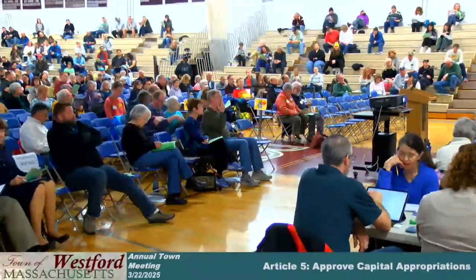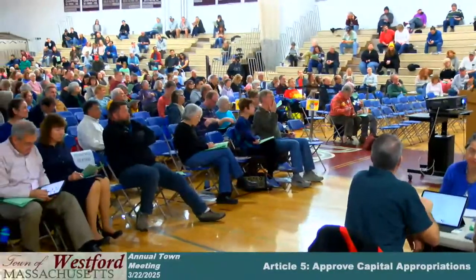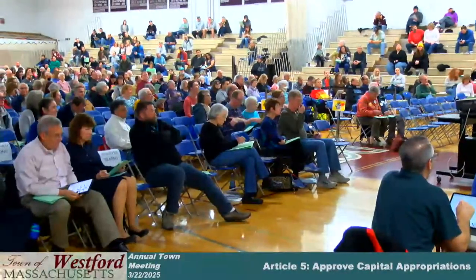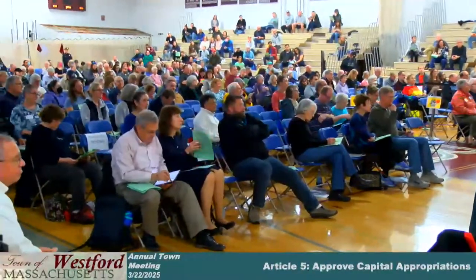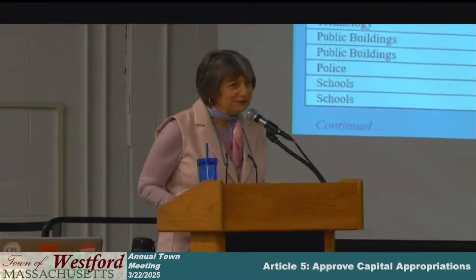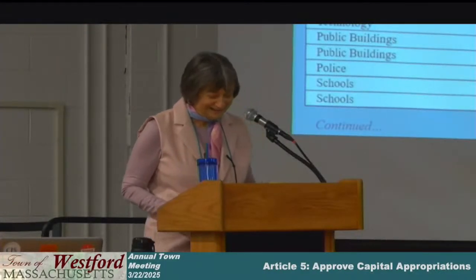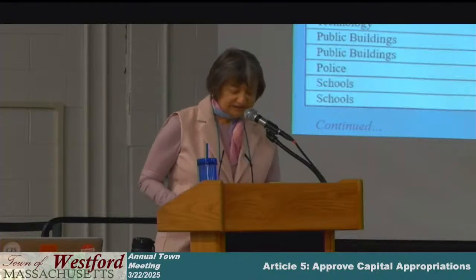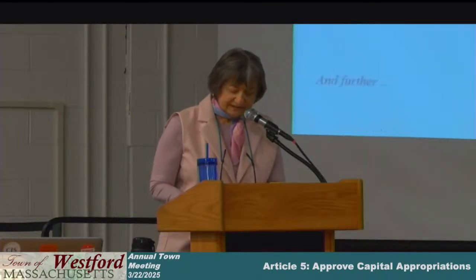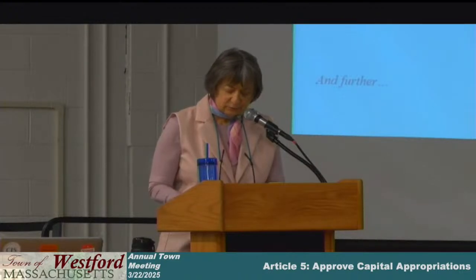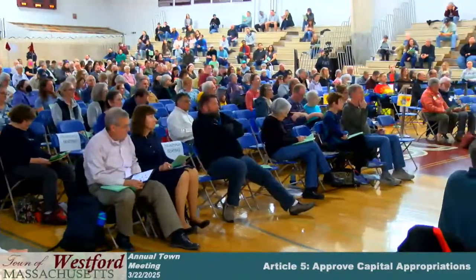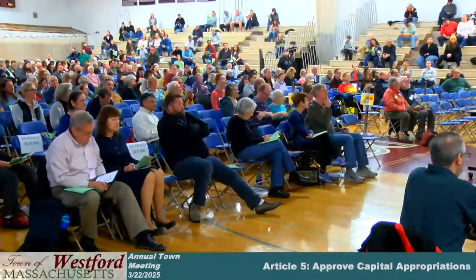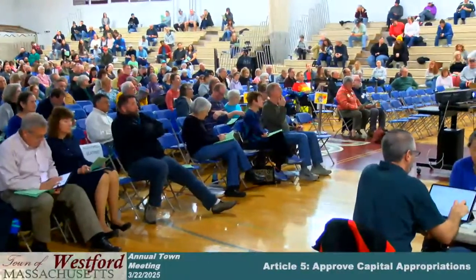$40,000 to replace the Robinson Elementary School curbing. All in favor of taking that separately, say aye. All opposed, say no. Saying it loudly still doesn't make you have any more than one vote. All right. $150,000 for pedestrian safety at Pleasant Street and Patton Road for the improvements. All in favor of taking that separately, say aye. All opposed? So no.